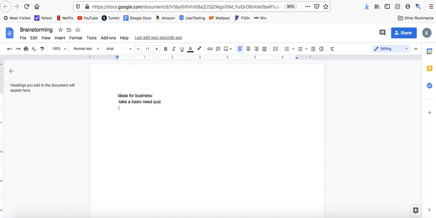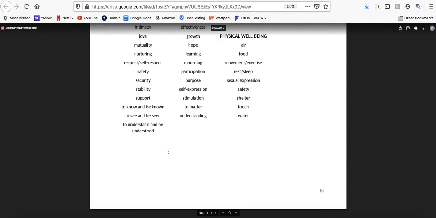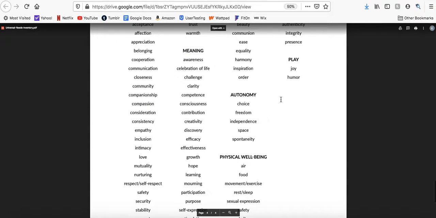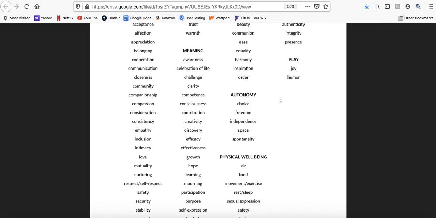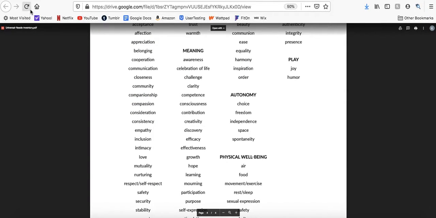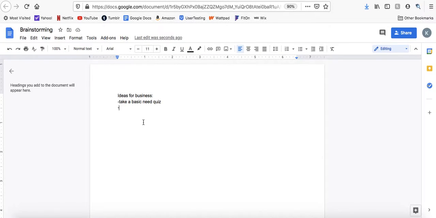So, creating categories for those needs, like how it was here on the inventory. This is all under autonomy, but if you really value freedom and you really value spontaneity, those are both under autonomy, so you'd have more autonomy than you would say play. And so you can see the categories of your life.